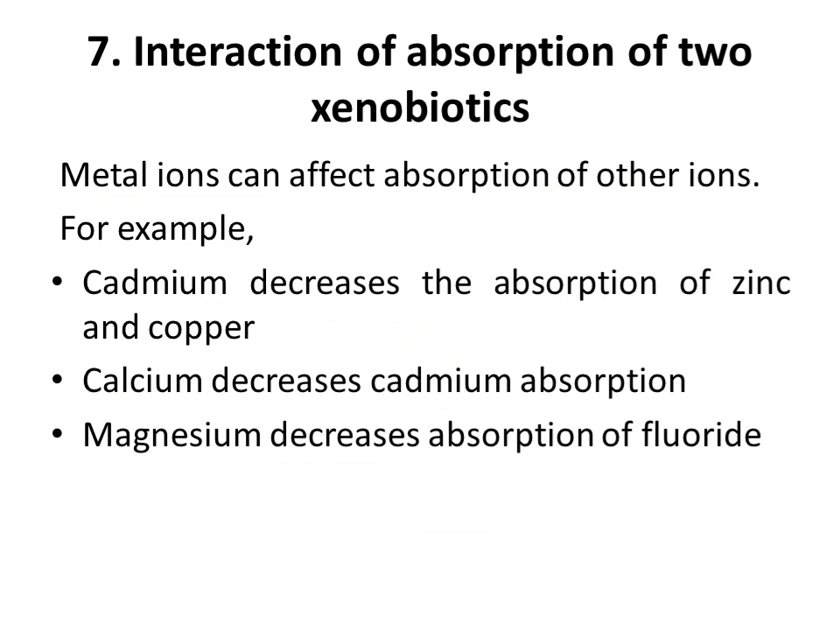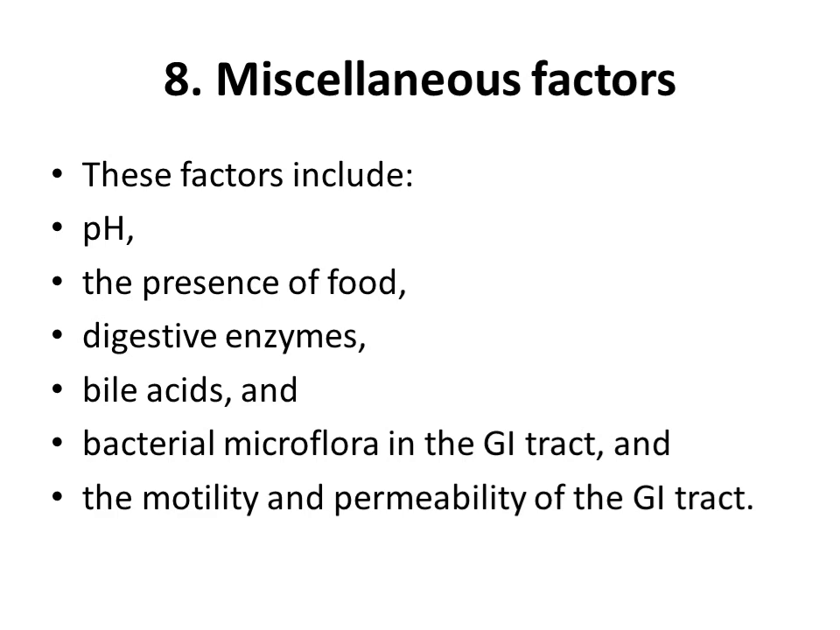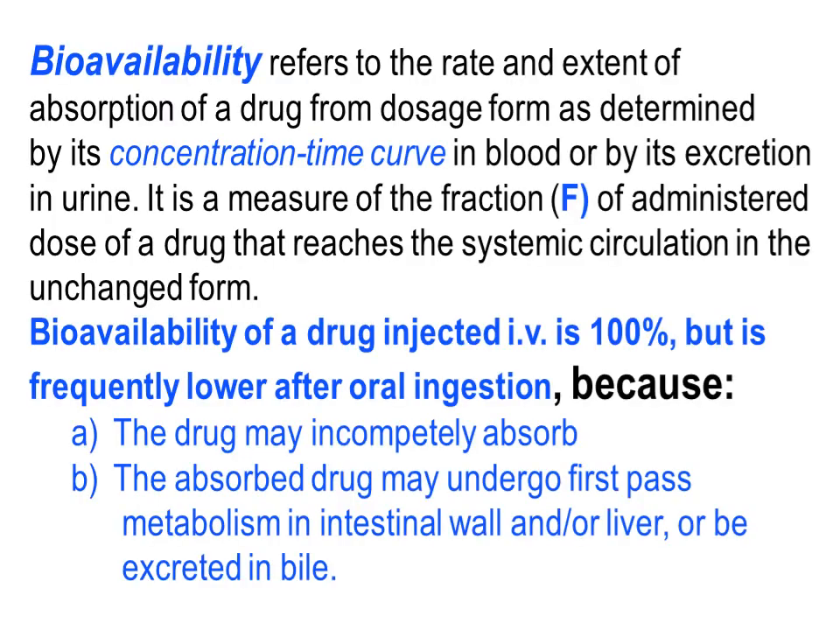Seventh factor is interaction of two xenobiotics. Two metals can interact with one another. Like cadmium decreases the absorption of zinc and copper. Calcium decreases the absorption of cadmium. Magnesium decreases the absorption of xenobiotics across. Then this first pass elimination plays a very important role as to how the drug